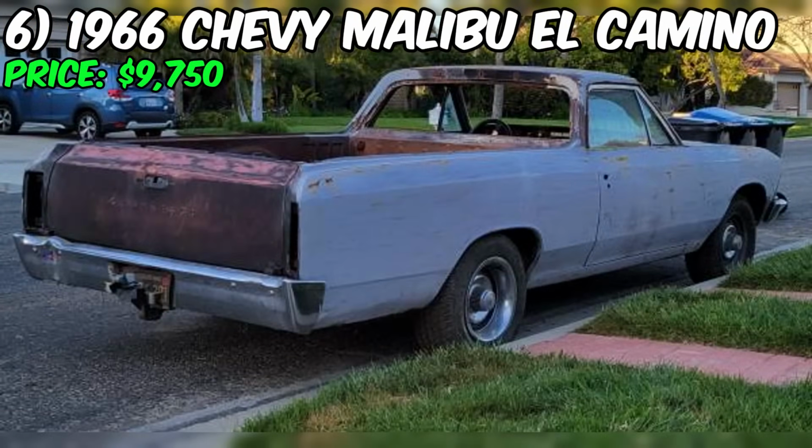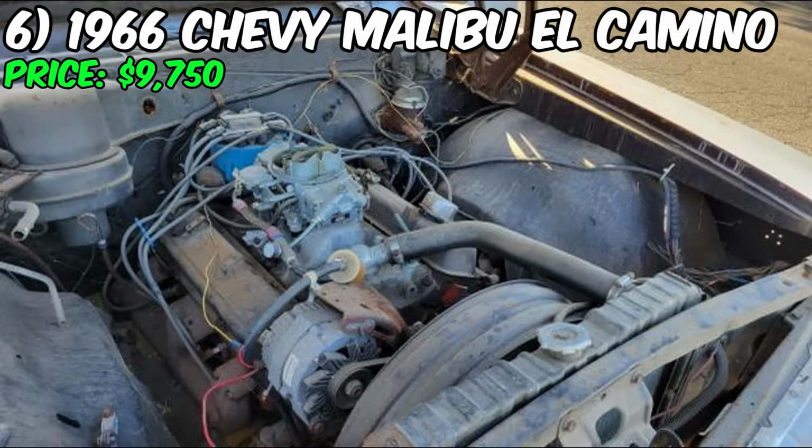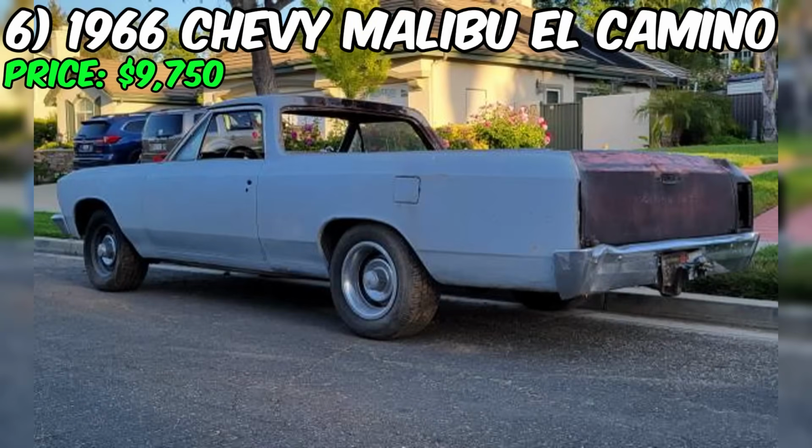A project car can be a daunting task, but hear me out. This 1966 Chevy Malibu El Camino has minimal rust and a solid undercarriage, which is a huge plus when it comes to restoring a classic like this. And with those original rally-style wheels and caps, you've got a fantastic starting point for a big block resto mod